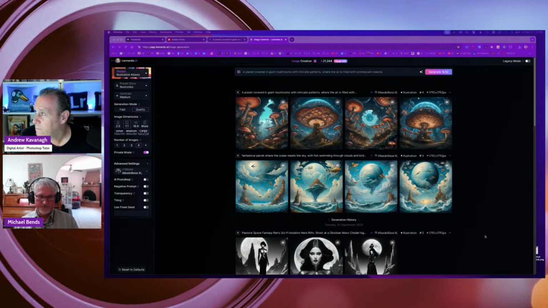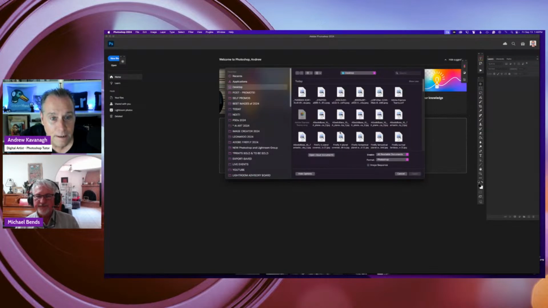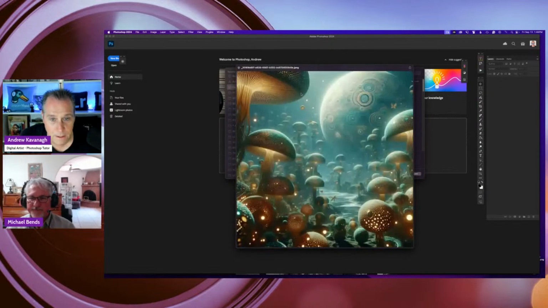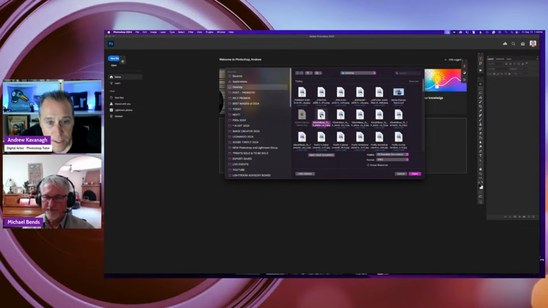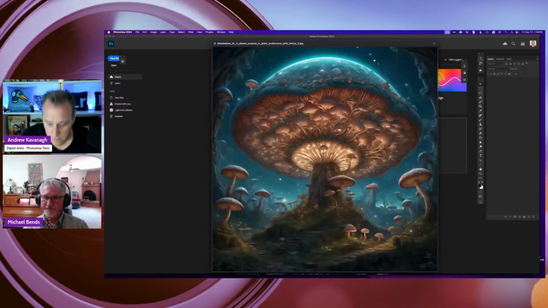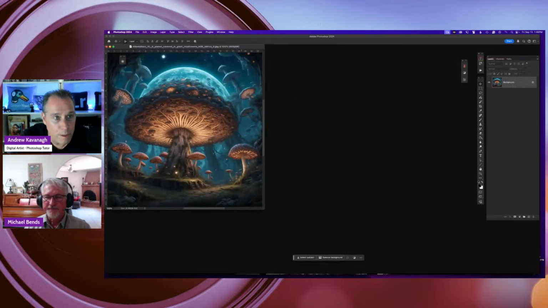Okay, so with the remaining time, I'd like to show what I tend to do with my images. So I'm going to go over to Photoshop. You can see my Photoshop, right, Michael? Yep. And any questions before I jump on here? No? Okay, so I'm just going to my desktop and cycling through. That was from an Adobe Express thing. There's this one and that one. Maybe this one.